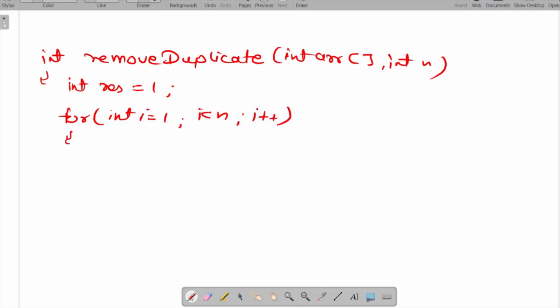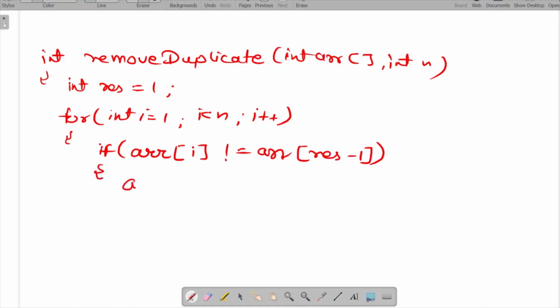Now in every iteration we will simply check if array[i], which is our current array value, is not equal to array[result - 1]. If it is not equal, we will enter our array[i] into array[result], and we will increment the result variable every time.